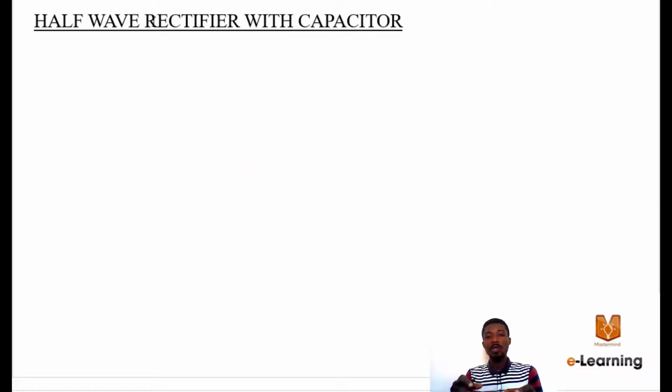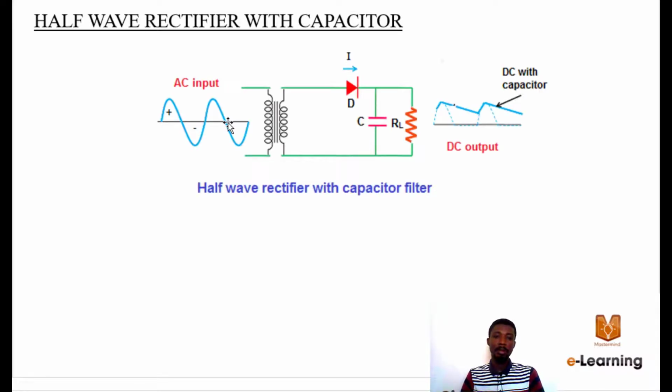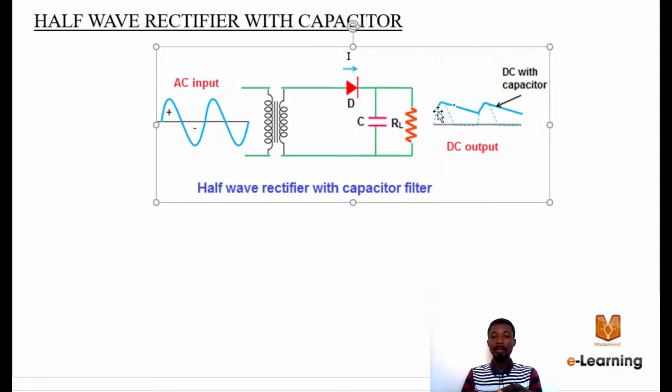In order to filter the pulsating DC, you would have to add what we call a capacitor. This is a typical half-wave rectifier with a capacitor. This is our AC input. Our transformer is here, our diode. You will notice that the output is such that the ripples have been removed. This is the initial pulsating DC, but after having been passed through the capacitor, you will notice that the ripples have been removed to a substantial